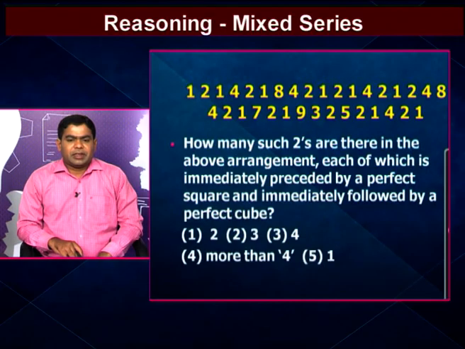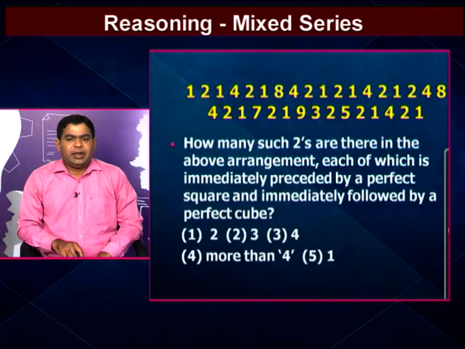These are the odd numbers. Sometimes in a question prime numbers are given, odd numbers are given, even numbers are given, perfect squares are given, perfect cubes are given. That's why we discuss even numbers, odd numbers, prime numbers, perfect squares and perfect cubes. The least prime number is 2, then 3, 5, 7, 11. These are the prime numbers. In our question all are single digits, so we should learn up to at least 10.